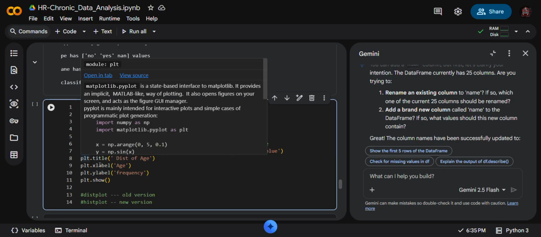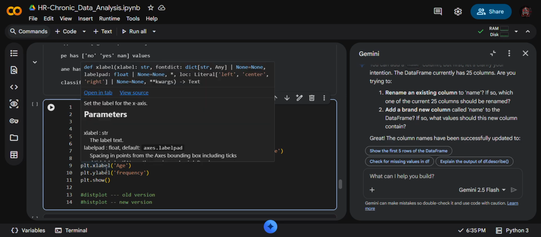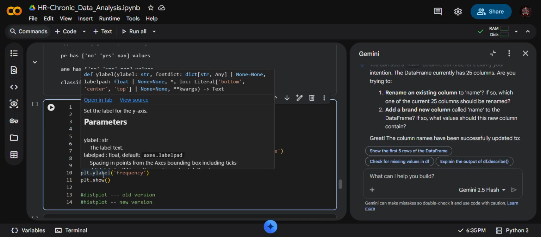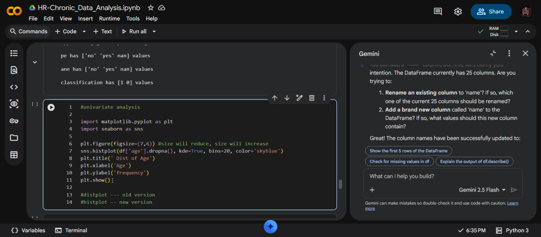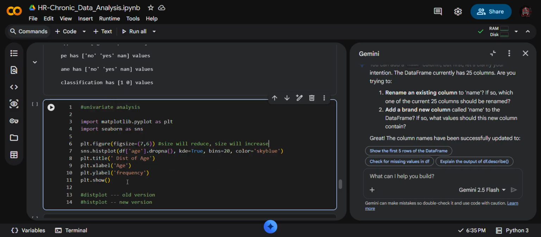For the plot title, what we are using is plt dot title, distribution of age, and plt dot xlabel is age, and ylabel is frequency. Label is a command, and x and y are like horizontal and vertical.